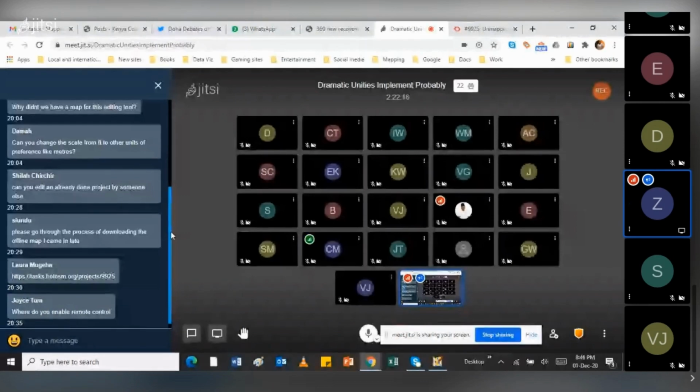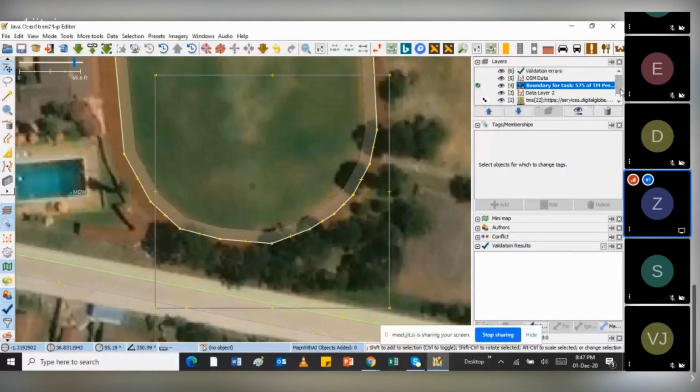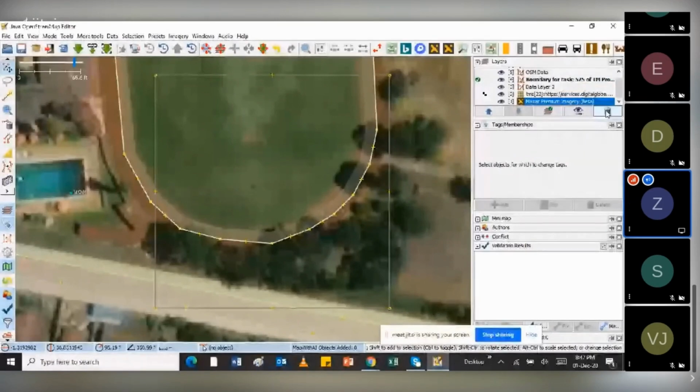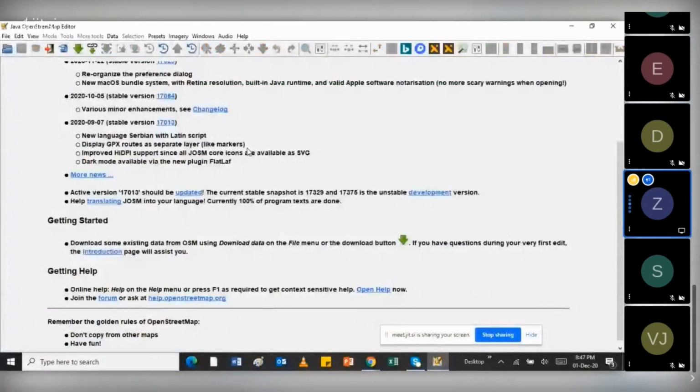Then please go through the process of downloading the offline map. Once you open up JOSM, this is the first page that appears.